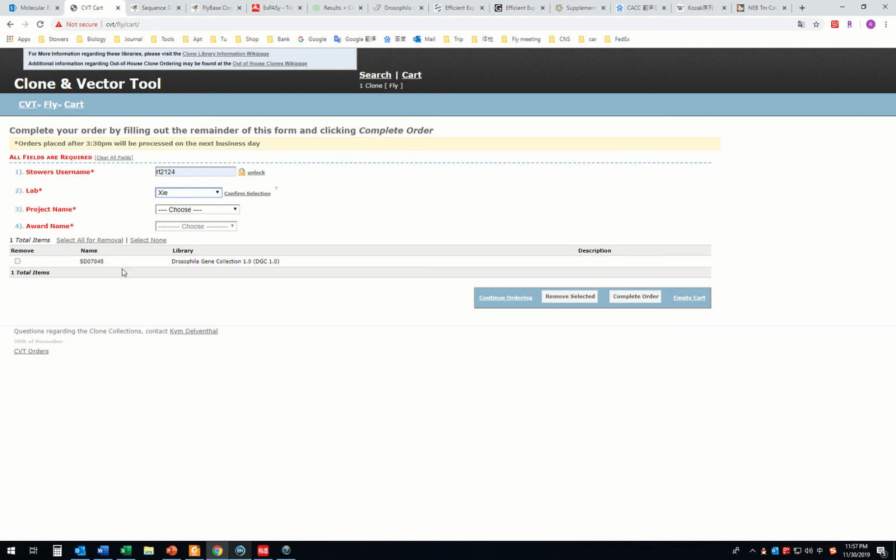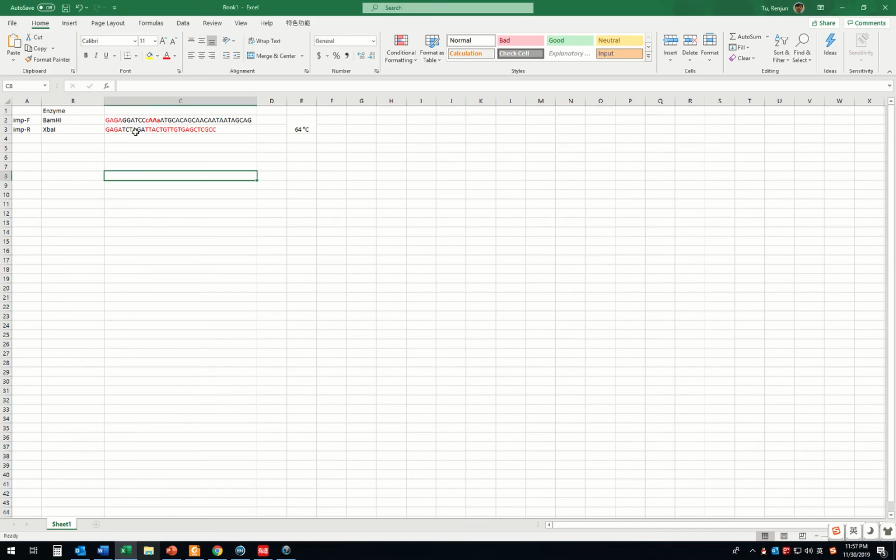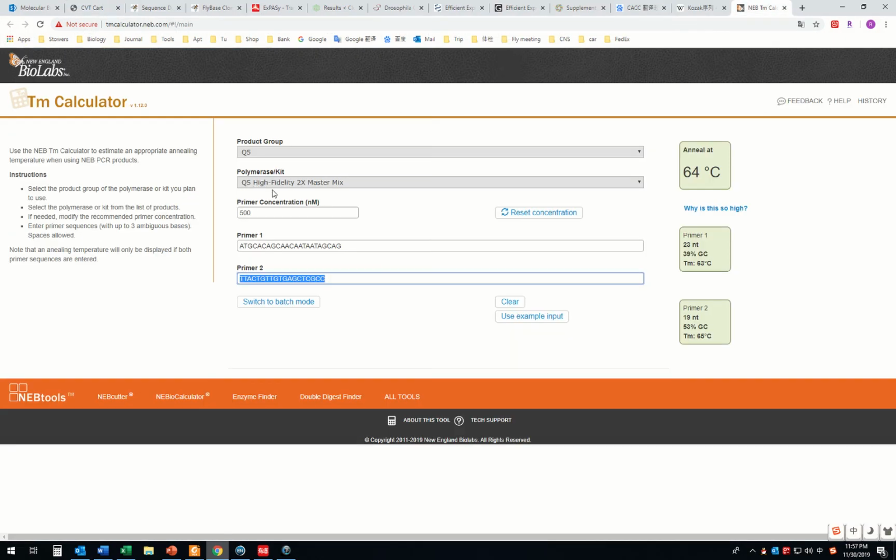You just use the clone, the bacteria. You can use 100 microliter DD water to dilute this bacteria and use 1 microliter as template, and then use this primer, and also use the PCR enzyme Q5 2x mix and perform the PCR,